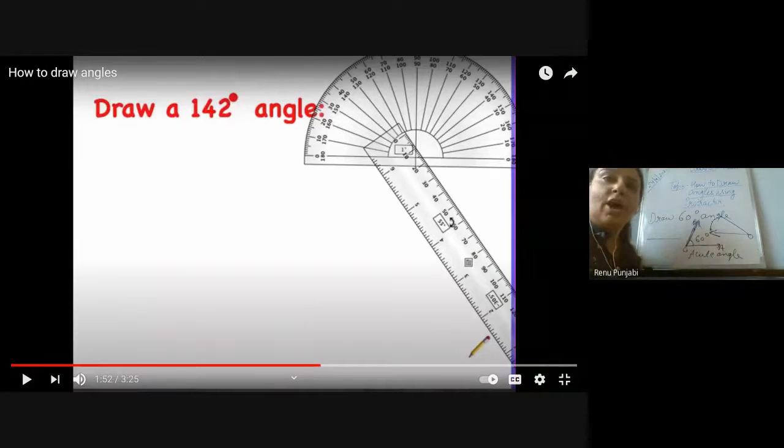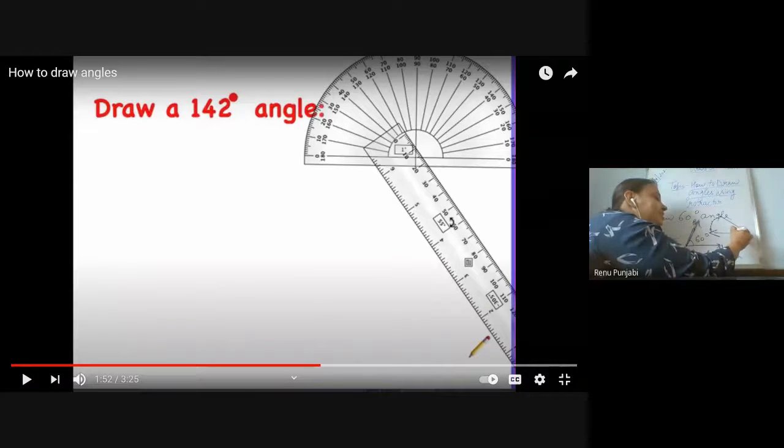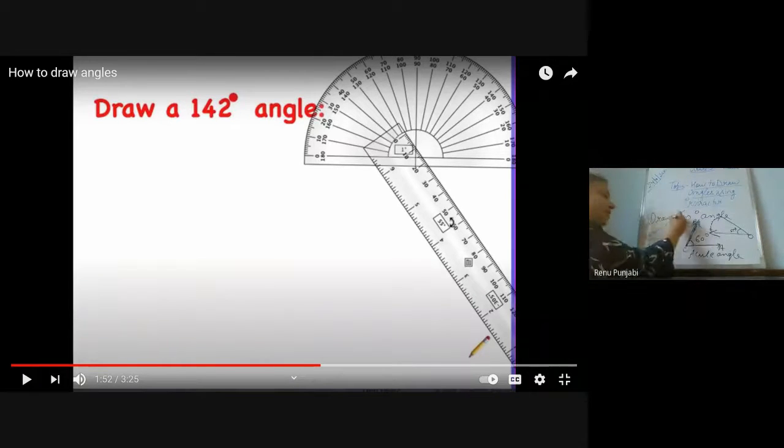It is your choice how you are going to draw, whether from the left side or the right side. But try to observe the scales properly. If you are drawing from the right side, see where the 0 is. 0 is at the inner scale, so draw it from the inner scale. If you are drawing from the left side, see where the 0 is. 0 is at the outer scale, so draw it from the outer scale. Got it? Both are acute angles and 55-degree angles. If this is a 55-degree angle, and I draw on this side also, it will also be 55 degrees.